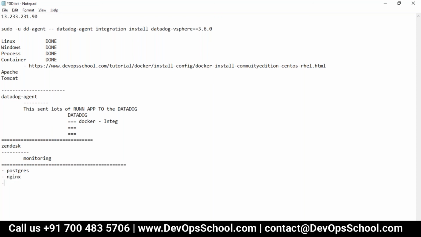Anything else? MySQL. What else? Tomcat. Tomcat is already planned actually. That's a popular one. So Apache. Okay, Apache and Tomcat. Anything else?